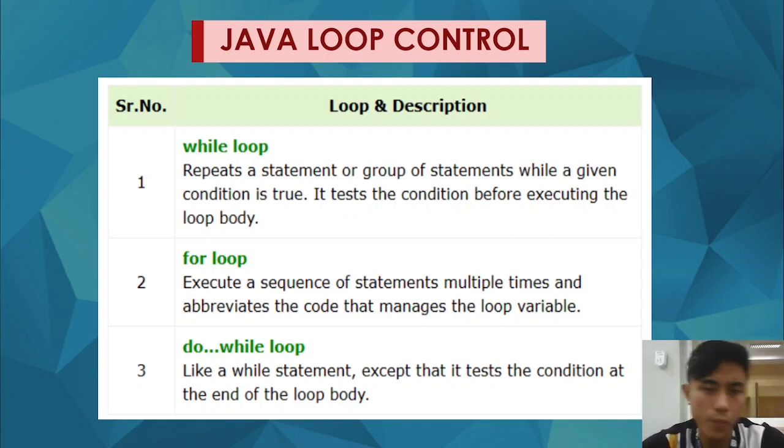While loop repeats a statement as long as the condition is true. So that is the while loop. And the do while loop will execute a certain command or a certain block of code